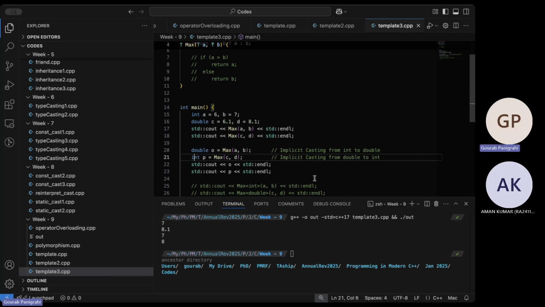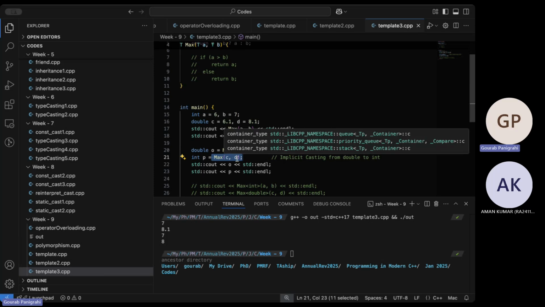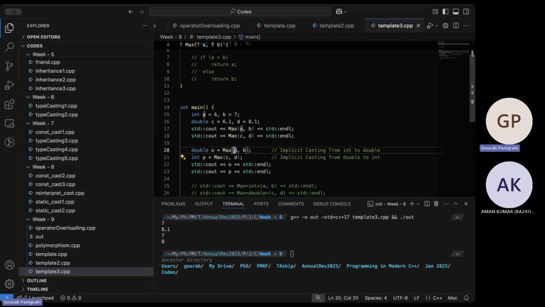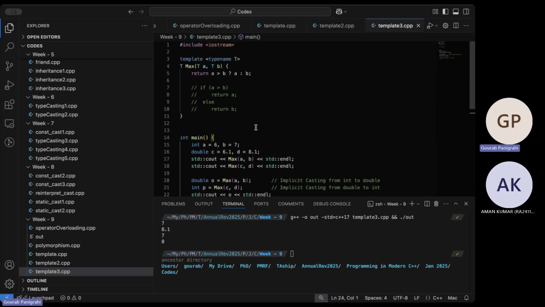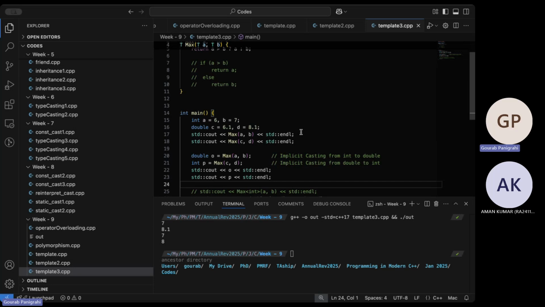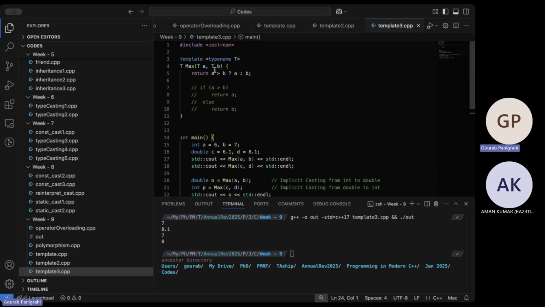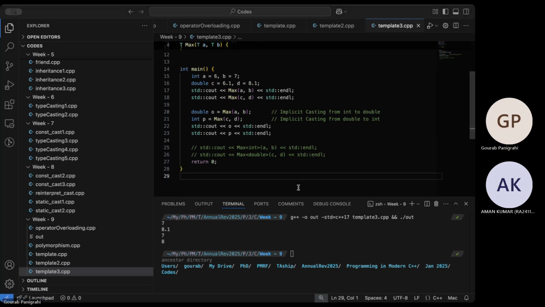That happens implicitly. But remember, max itself will always return the same data type it has inferred. So it inferred that here it is taking doubles, so it will always return a double. Here it is taking integers, so it will return an integer. Now what happens after this return, to the left of the equal to, is casting or not casting or whatever error it will throw. So that's the nice thing about templates, where you can have the same structure written once and used for different data types. Awesome.